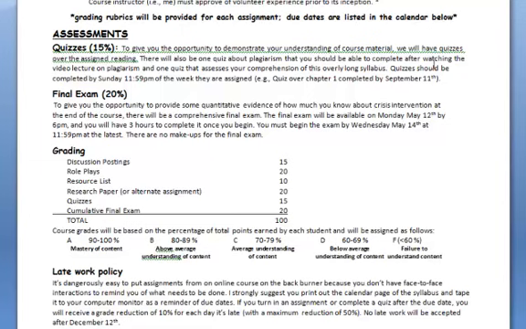Other than that, we'll have a comprehensive final exam, which will be available on May 12th by 6 in the evening. You have 3 hours to complete it once you begin. You don't have to begin on May 12th. You have to begin by Wednesday, the 14th, before midnight. But any time in there, you can start it. But once you start, the clock starts ticking. You have 3 hours to complete it. And it'll be a combination of multiple choice and essay, with emphasis on the essay portion, which will be very much applied stuff, kind of, okay, in this situation, what would you do? What should you do based on all the stuff you've learned this semester? Okay.